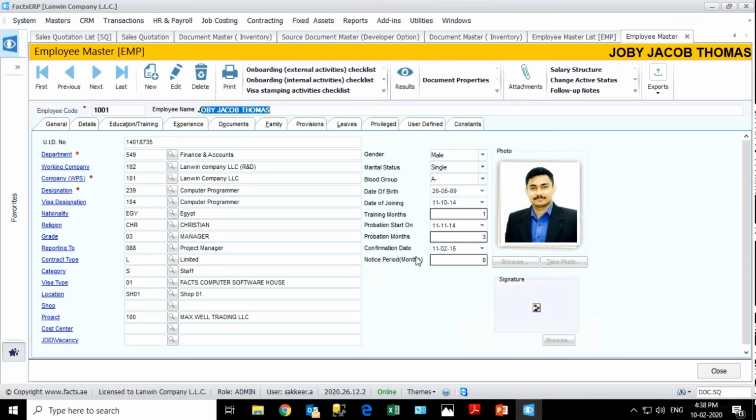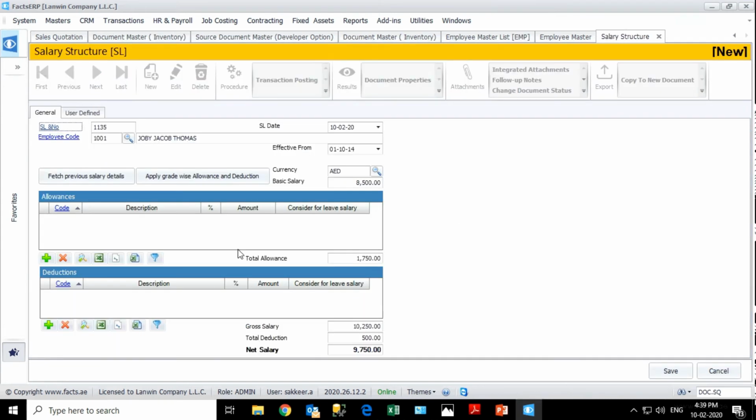So I will show you the working first. You have to click this salary structure. See, inside attachment, this option is an open document concept. This is another thing, this is another thing, but this is defined as an open document concept. If you click this, our thing will work, and we take his details into a new document called salary structure. Basically, we are creating the salary structure for him. So we can change the effective date, currency, basic salary, anything, and we can save.